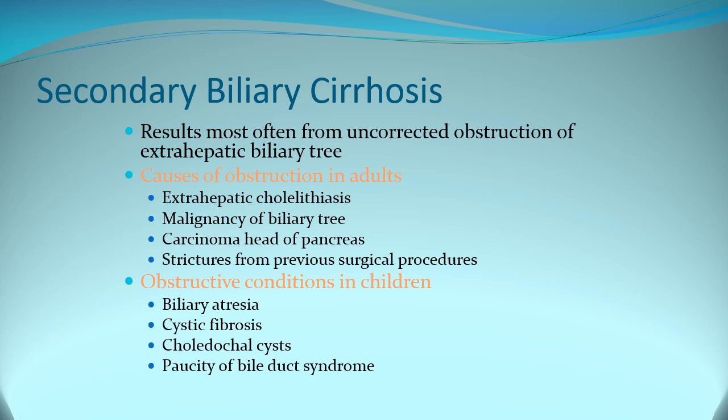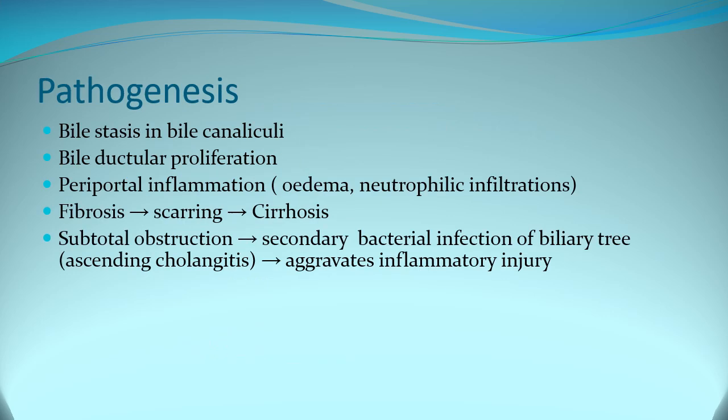And in children, how does it occur? Maybe because of biliary atresia, cystic fibrosis, choledochal cyst, or bile duct syndromes, paucity of bile duct syndrome. So what will be the pathogenesis? Because of stasis from any cause of obstruction, it causes obstruction of the bile duct, causing bile stasis in the bile canaliculi. Because of this stasis, other bile ducts proliferate to manage it. So bile ductular proliferation will be there,